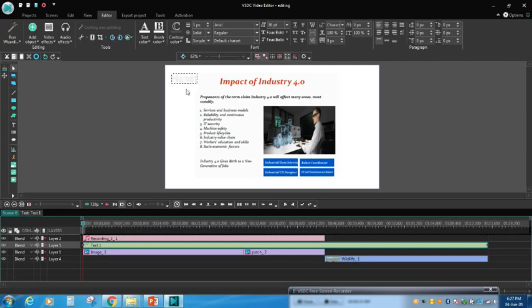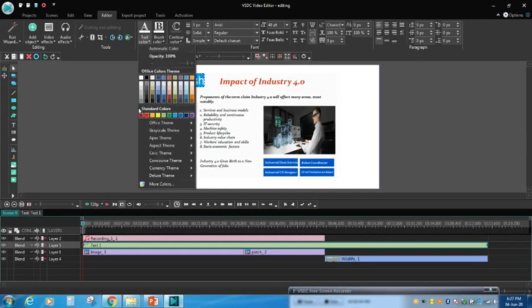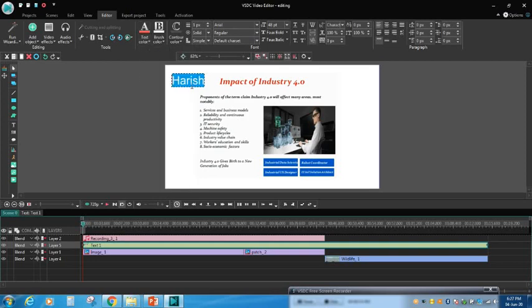There you can type GRISHM. Then select it completely. If you want to change the style or size, anything is possible. 36 is there, I'm going to give 48. The size will change. And for text color, if you want to choose red, it will change to red. And if you want to change the style, anything is possible. You can make use of these options where you are supposed to do this.